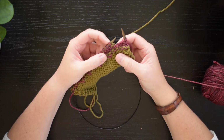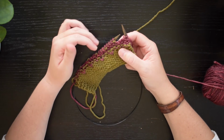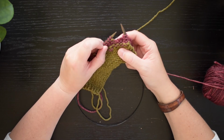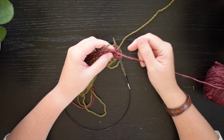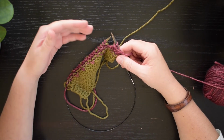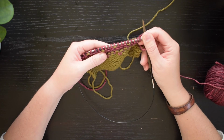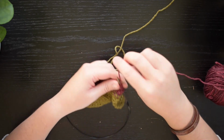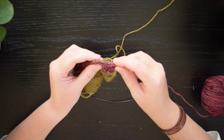So a good hint and way to keep track of where you'll be working the purl 1 wrapping yarn twice, in most cases, is you'll see that prior color is pulled up. You'll see that prior color at the back of that purl stitch, and that's kind of a hint that that's where you're going to work a wrapping yarn twice. The only place where this won't be true is at the edge of the shawl, where you have some increases and you may be adding stitches that need to be wrapped twice. But for the main part of the body of the shawl, you can count on working those above where you worked them past. So we're going to do the same thing, purl 1 wrapping yarn twice, purl 3,